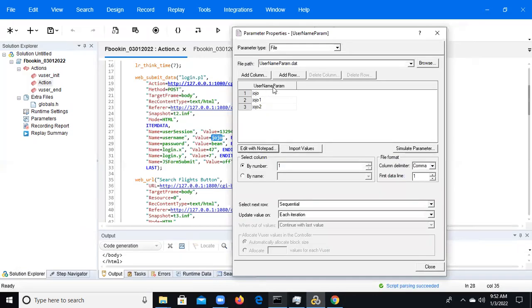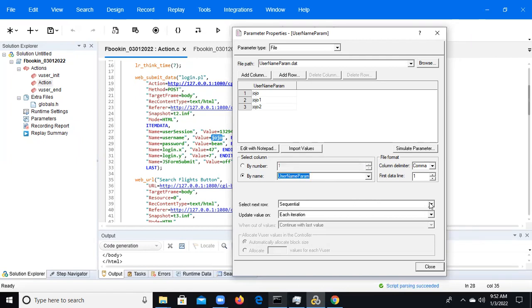See, you can observe here username param. This is the name of our parameter. After that, these are the values, and we need to select by number, column by name. We need to select by name. Select our column name, username param.